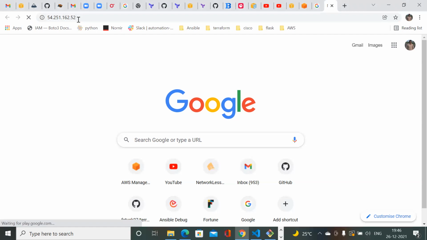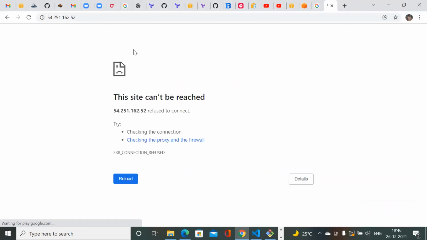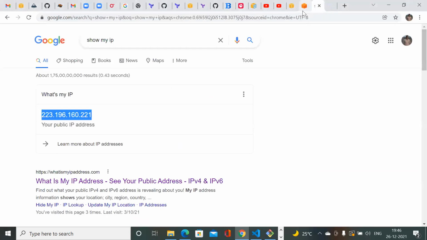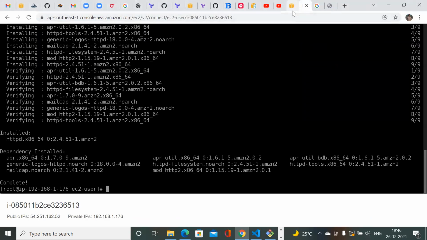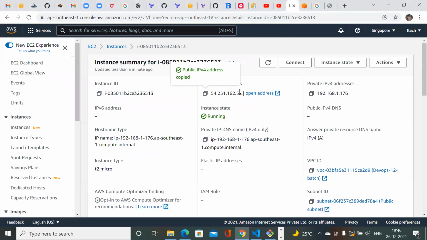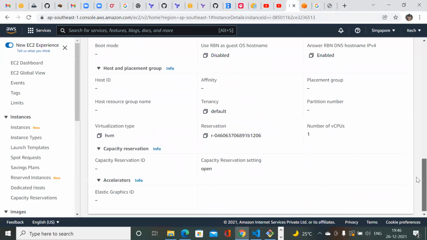Let me check this. It's not working because port 80 is not allowed in the security group. I'll come to the security group.